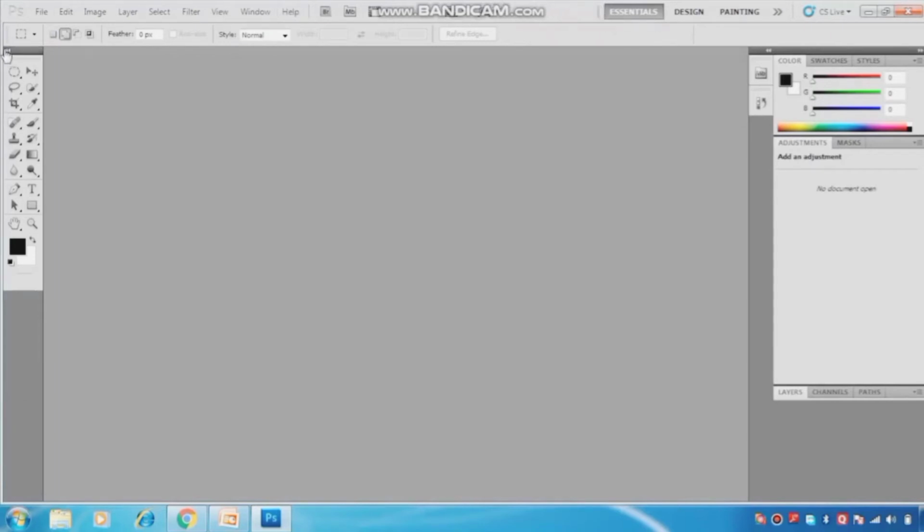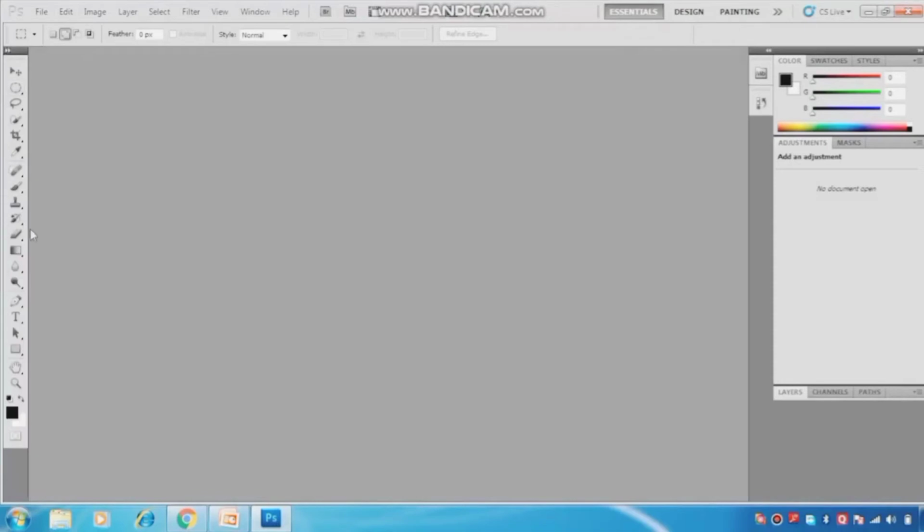The third one is the tool panel. So this one is the tool panel, okay. And here you can see the palettes. So these are the palettes, and this one is called the document window. Here you can open your document and do the editing on your pictures or images, okay.